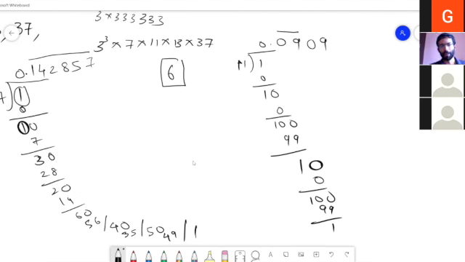So we keep getting different remainders, right? So we keep getting a remainder of 1, then that is yielding a remainder of 10, then that is yielding a remainder of 1, and then 1 is giving a remainder of 10, and so on, right? So what is the remainder which often we get? We are sure that the quotient will start repeating.